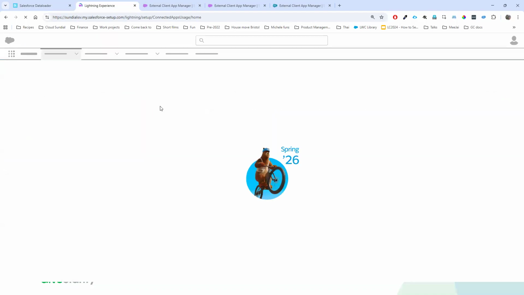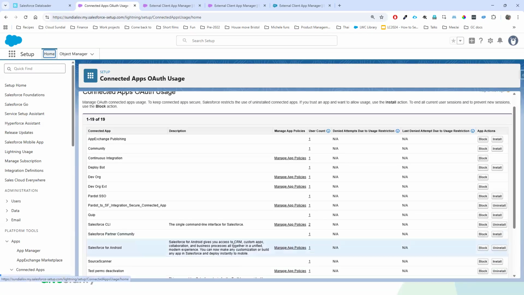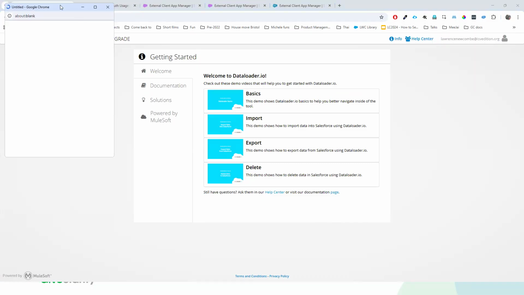I think I still have this connection set up. Maybe I just need to log out here. There we go. It wouldn't be a proper demo without it going wrong at the first moment. Let's see if this works.